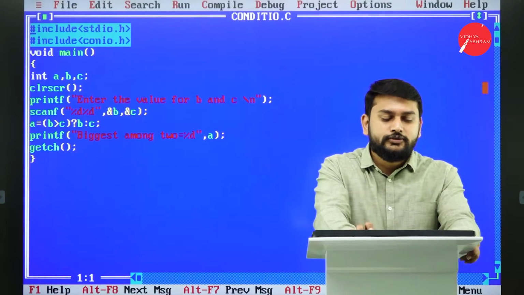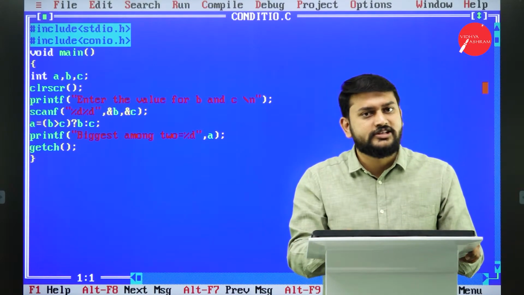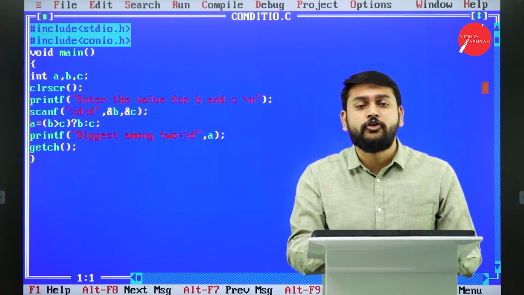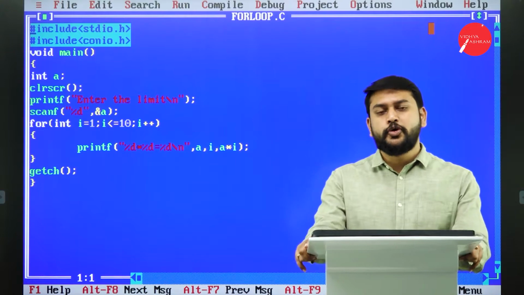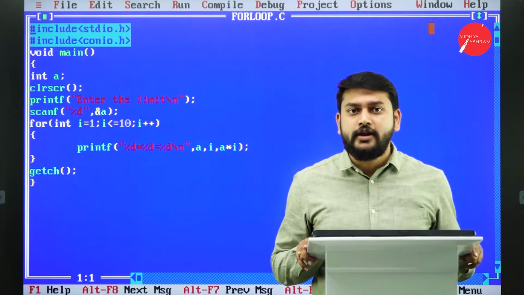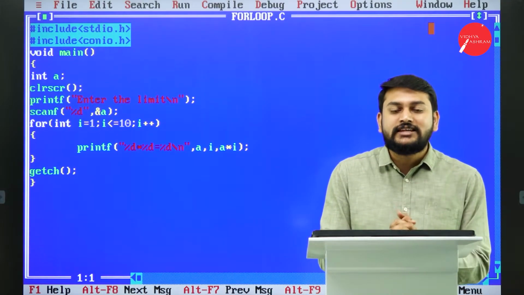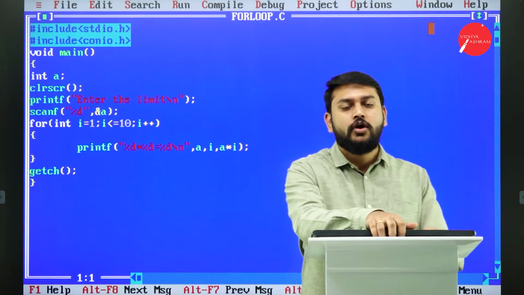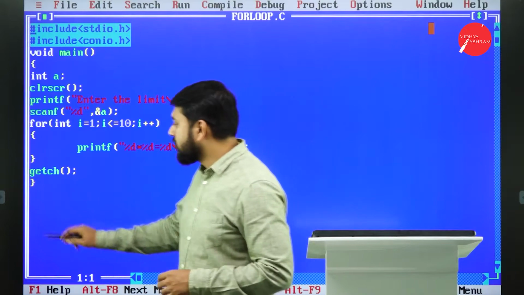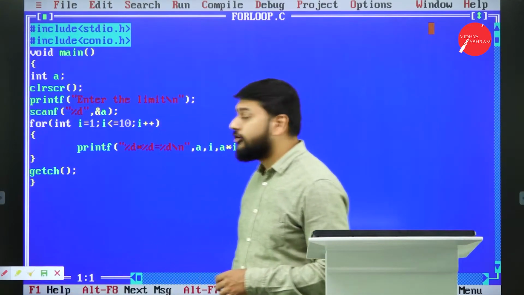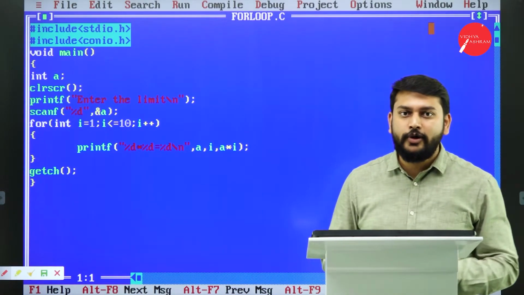All right, along with this, let's get into the loops concept in this session. Let me explain the for loop for all of you, how exactly the for loop is working. This is a beautiful program that I have. Let me not get into the basics now. Let me get into the logic straight away. Please observe what I have here. I have the header files. After that, I have the void main.